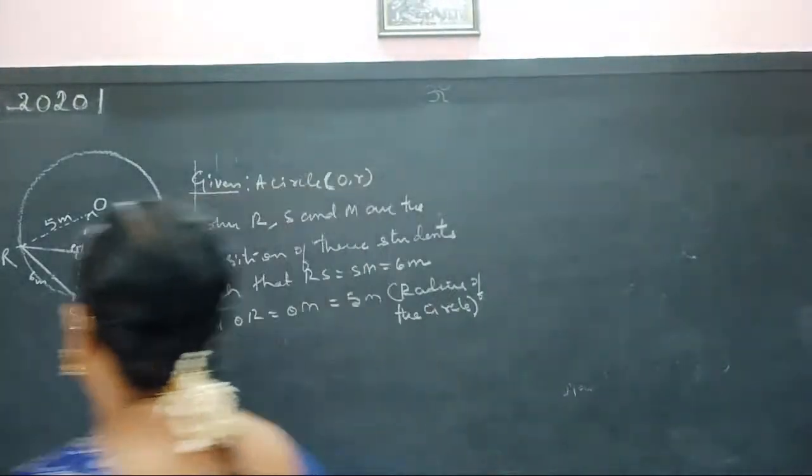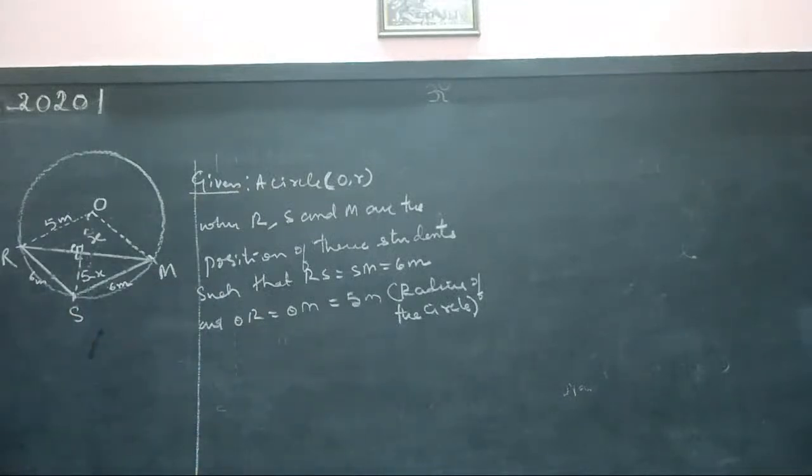And here the radius from the center is passing through the point of intersection P. Actually, we have to prove a congruency, showing ORS and OMS are congruent. Then later we have to prove these two are congruent. It's such a big process like that. We can have now here